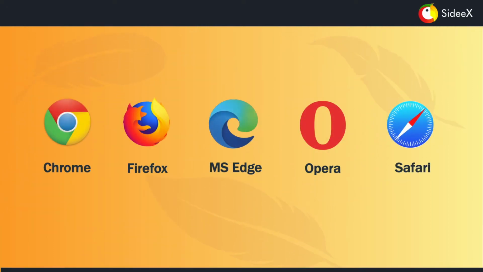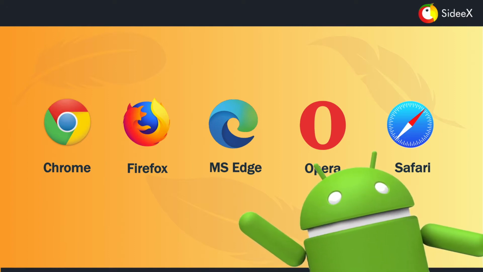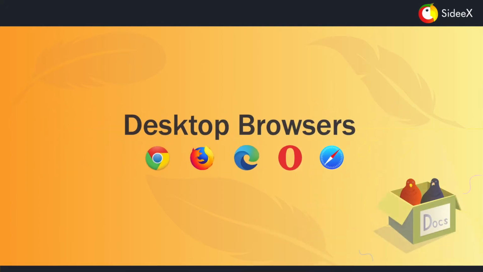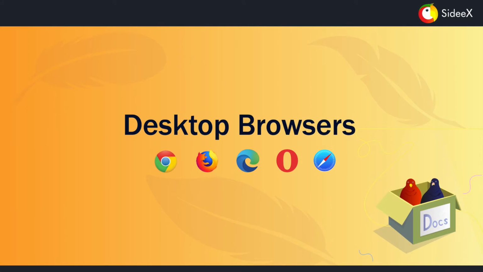The browsers currently supported by CDEX's cross-browser testing are Chrome, Firefox, Edge Chromium, Opera, and Safari. CDEX can even support testing on Android devices. I will show you all of these step by step in this video. First, I will show you how to perform the cross-browser testing with desktop browsers. We are gonna first set up a standalone server and then add configurations to our CDEX recorder.